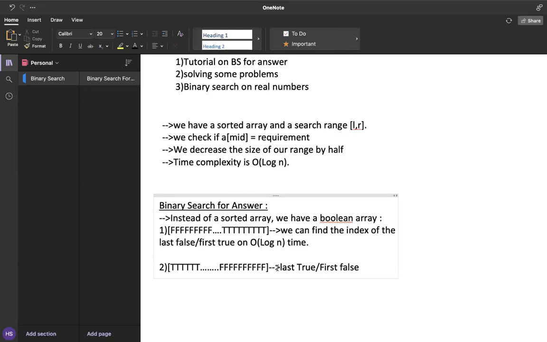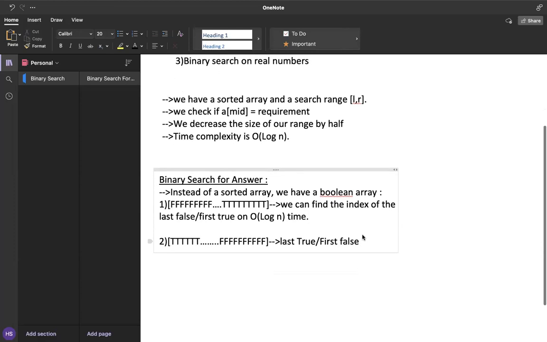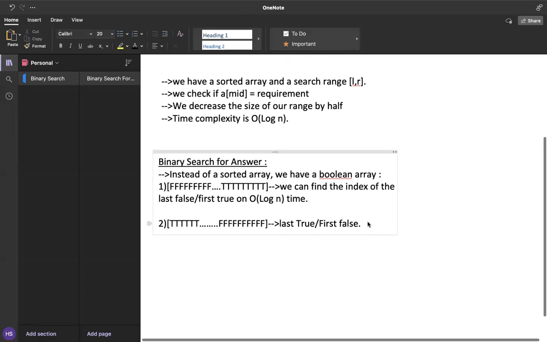And all of that we can do in big O of log n time. And that exactly is going to be the main crux of this algorithm, which is binary search for answer, right? So if you have a basic knowledge of what binary search is, probably you can understand what I'm doing here. I can just do a basic binary search to find out the index of the last true or the first true or the last false here. Right, so that is the main algorithm here. So does anybody have any doubts up till now in understanding, or is everything clear?